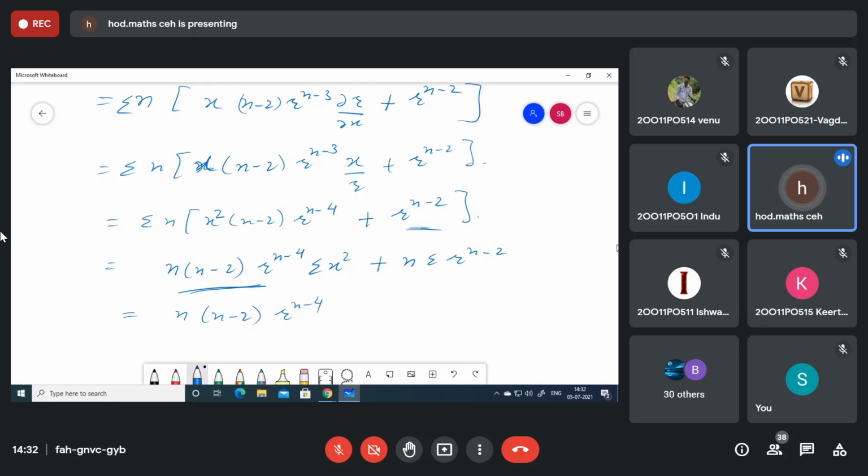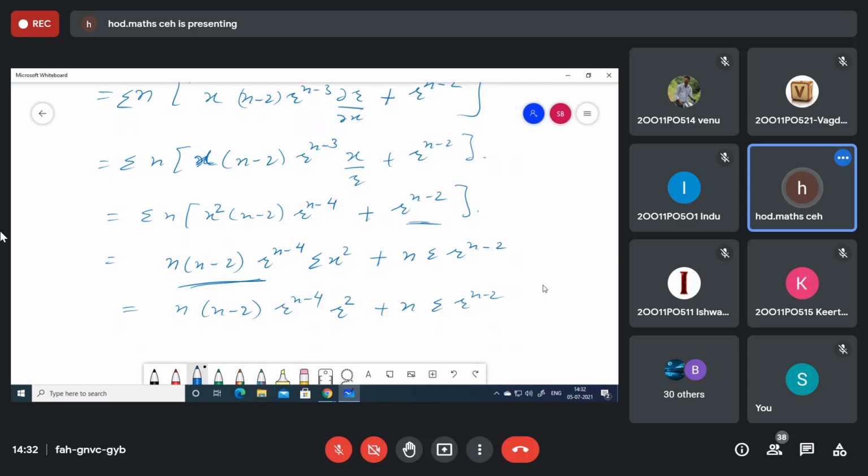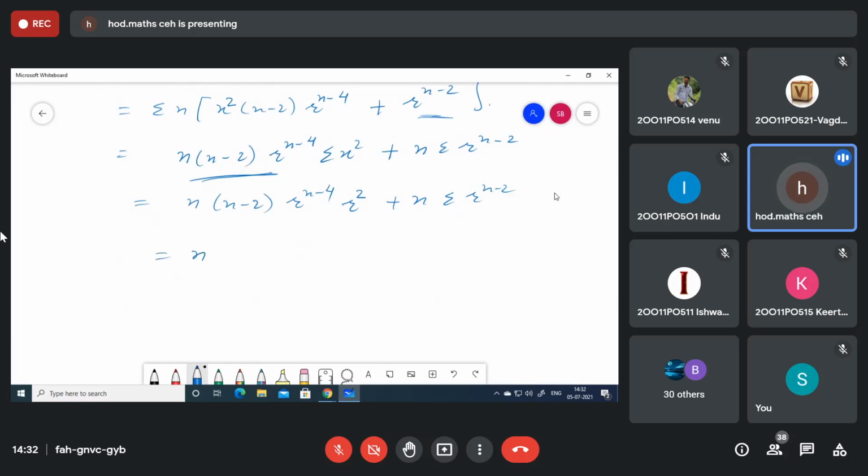What is this thing, summation x? I mean x square plus y square plus z square is nothing but r square. Is n summation r to the power n minus 2. Okay. So if I simplify it, again n common. This will be r to the power n minus 2, so r to the power n minus 2 common. And how many times will I get this part? 3 times. 3 times I will get. Is it or not? So this is n minus 2.